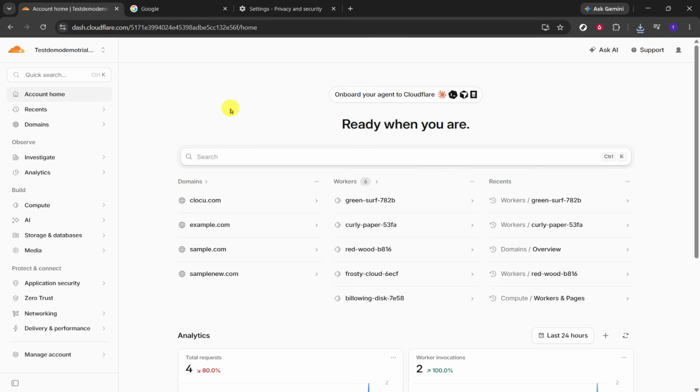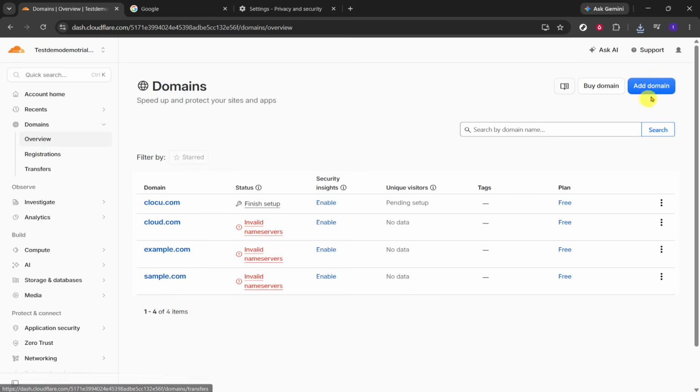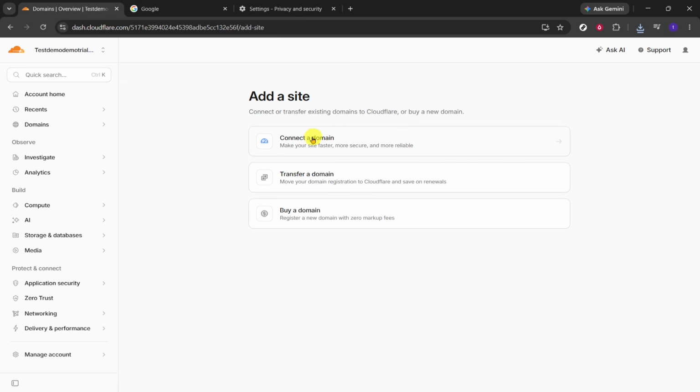If you're new to Cloudflare, take a moment to look around the page so you can get familiar with the layout before making changes. From there, look to the left-hand navigation menu and click Add Domain. This option is used whenever you want to bring a new domain into your Cloudflare account, so it can be managed from the dashboard. Make sure you're selecting the correct menu item from the sidebar, since that will take you into the setup flow. Once that opens, click